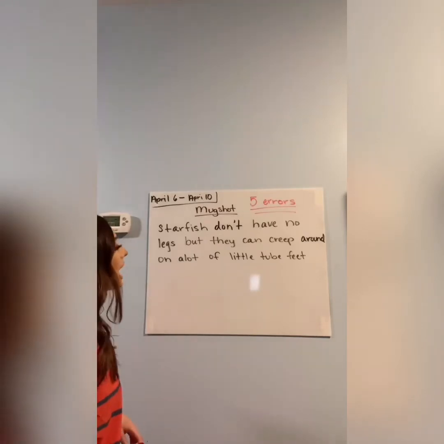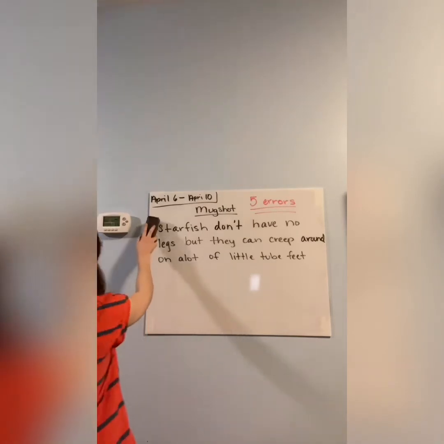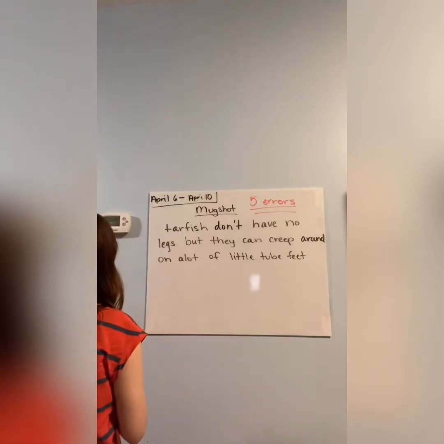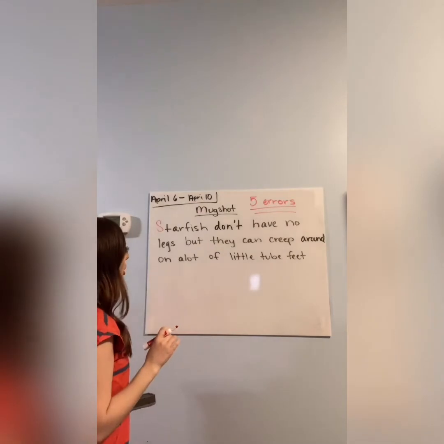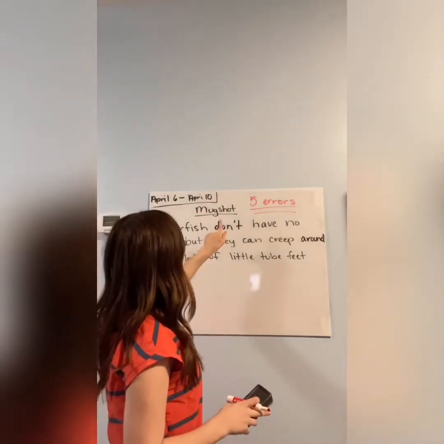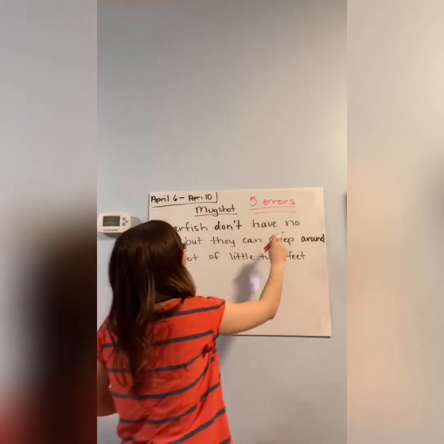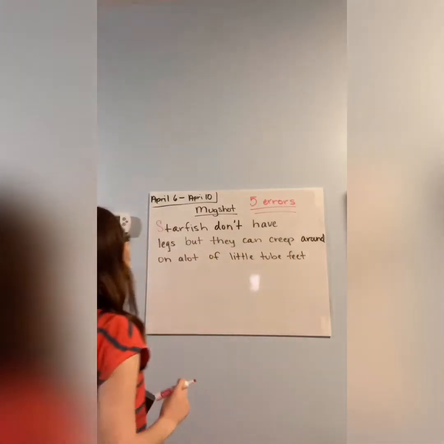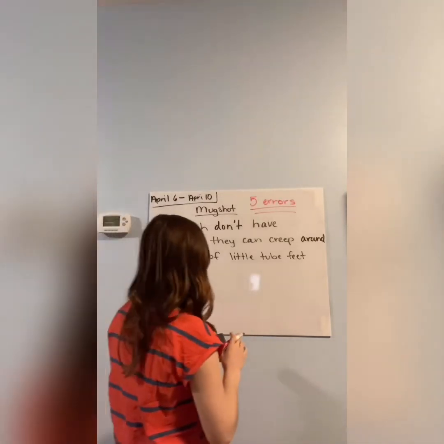Okay, so now that you've done that, I'm going to go in with my red marker and make those corrections. So this sentence is, starfish don't have no legs, but they can creep around on a lot of little tube feet. Well, that does not make sense. So first thing we're going to do is we are going to capitalize the S in starfish. And then for this part, you can either do one of 2 things. You can either keep the don't, and if you keep don't, you're going to have to take out no. So it would be starfish don't have legs, or if you don't want to do that,